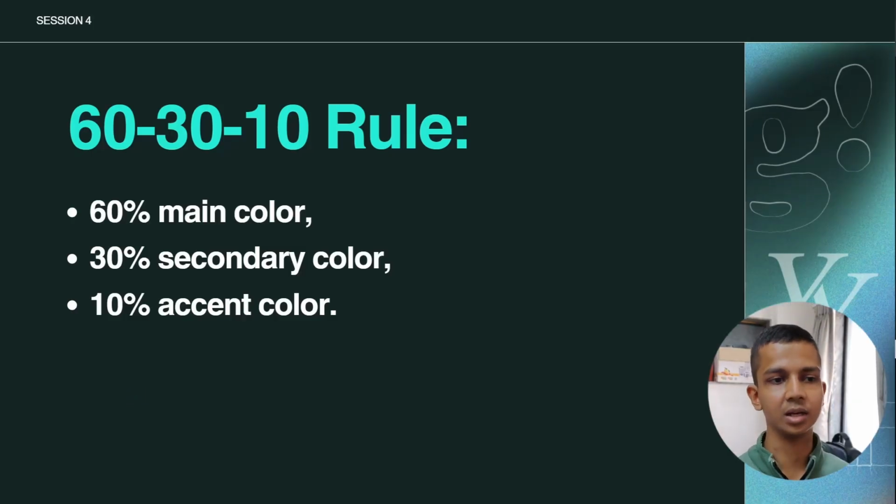Okay, I have a very practical tip for you on how to use colors in a design. You can use the 60-30-10 rule: 60% is the main color, 30% is the secondary color, and 10% is the accent color. If you're working on your own brand, like a new brand, and want to choose the colors, you can go to ChatGPT and write a prompt: I have this vision, I want to create a brand which sells this, and share the story and everything you have in your mind. Then say to ChatGPT, give me colors according to the 60-30-10 rule.